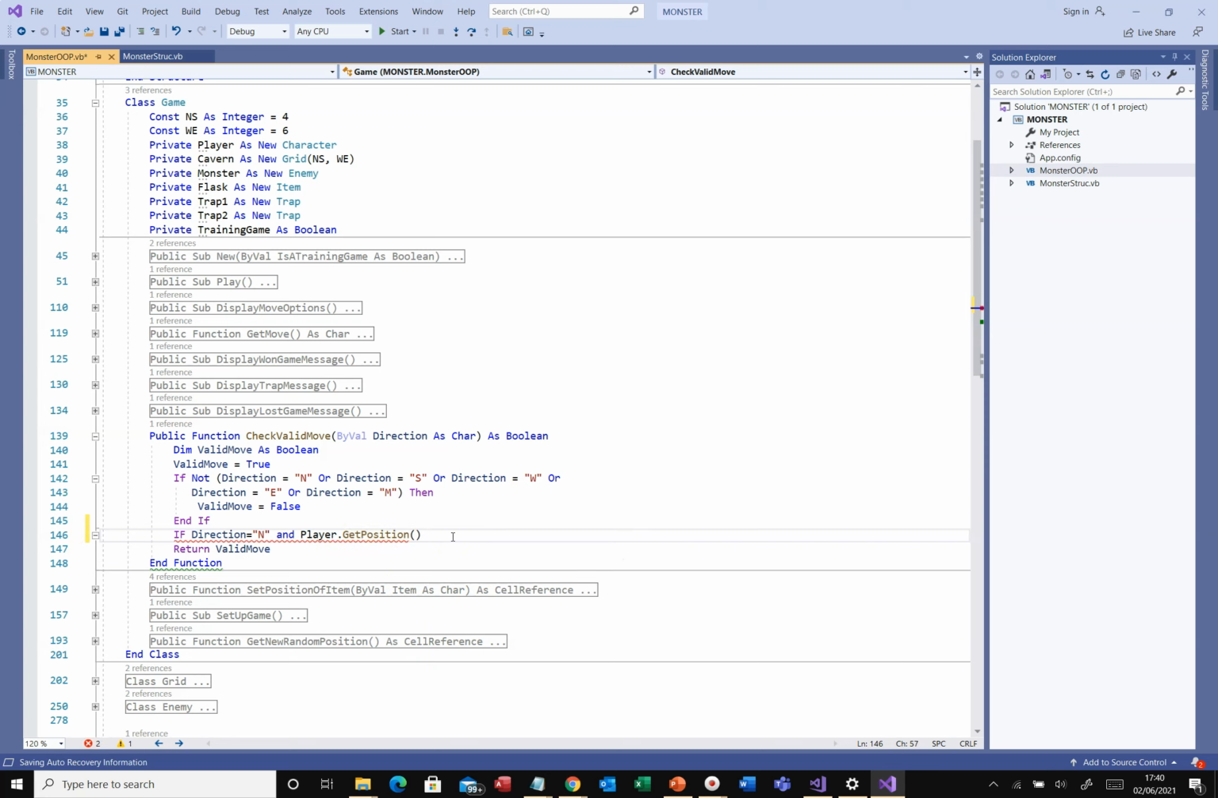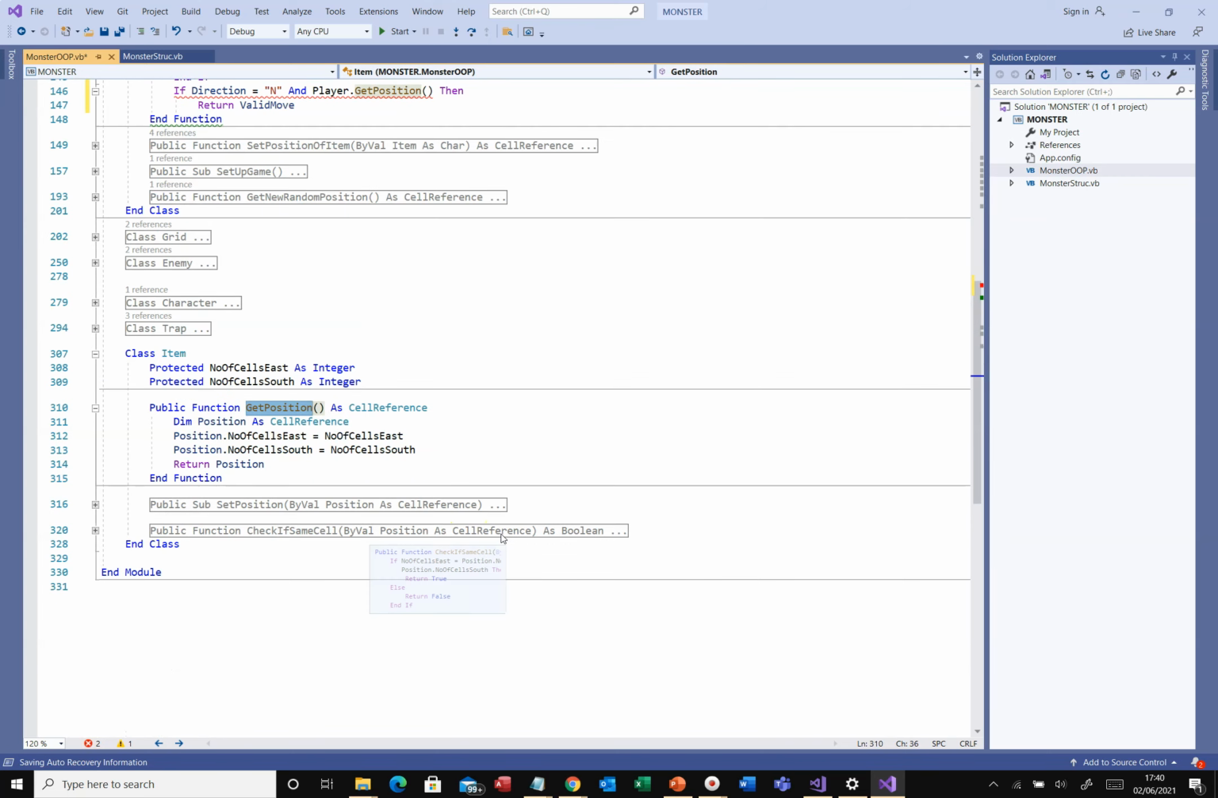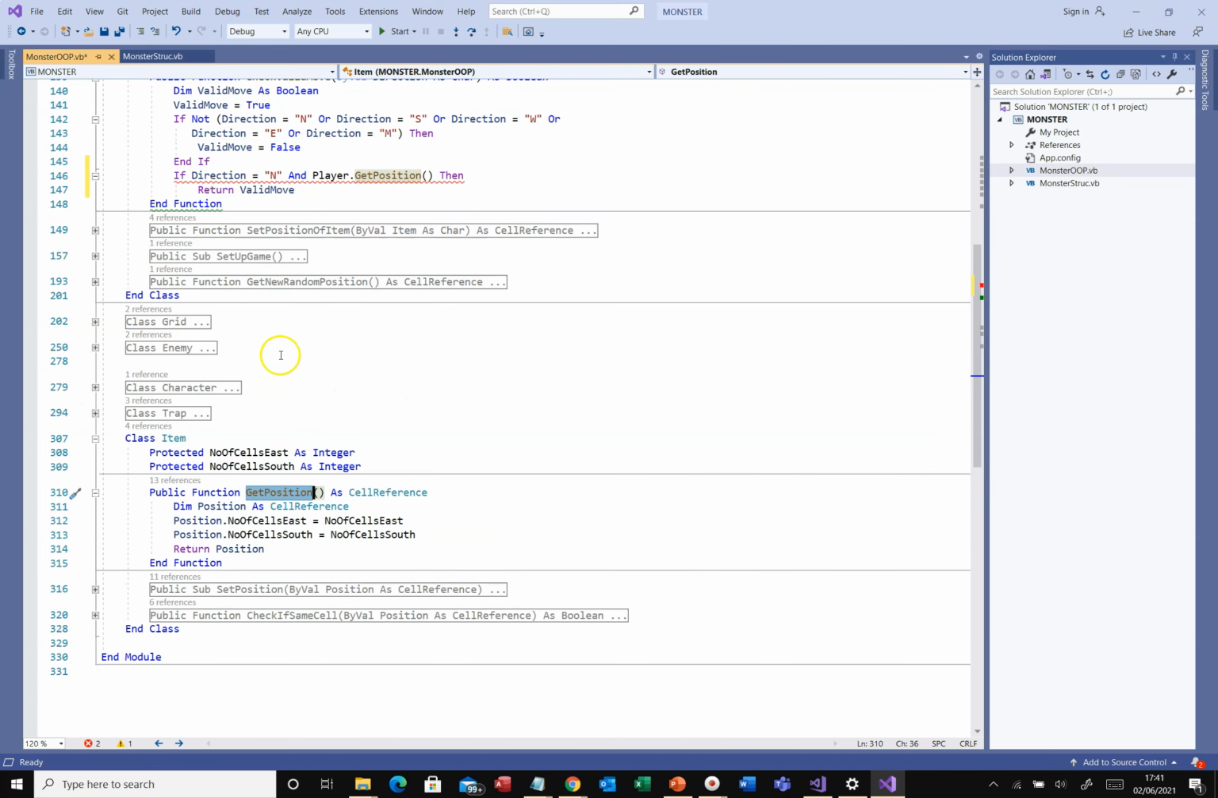Let's have a look and see. Why not? Let's just go F12 and see what's at get position. So get position returns a cell reference. It returns the cell reference made up from this item's current position, number of cells east, number of cells south, and you can see that